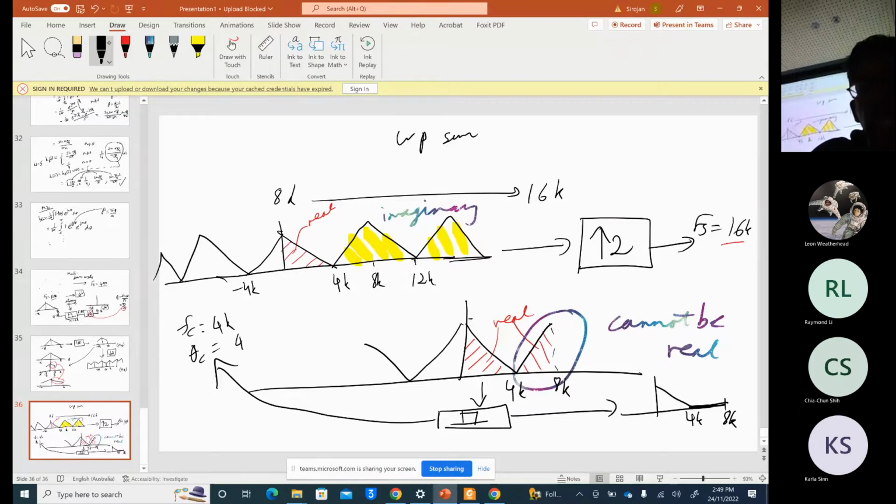4K into 2 pi divided by Fs. What is the Fs here? Fs is 16K. So that is again pi by 2. Okay, so the block diagram is,